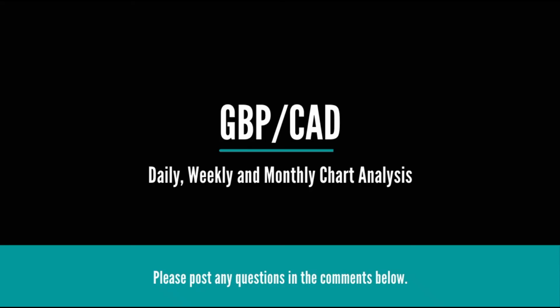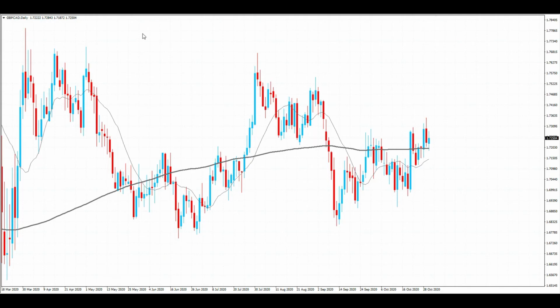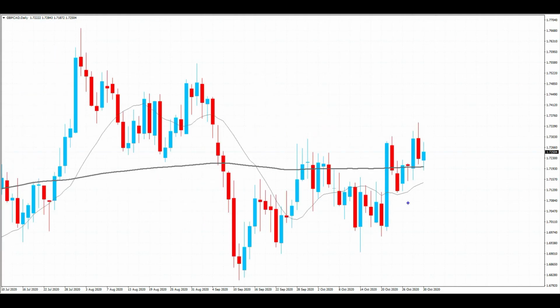And last we have GBP CAD. Okay, so for GBP CAD on the daily chart, not too much happened this week in terms of direction of price. We had a brief move to the upside. Last week price finished there, and as you can see, we had a push to the upside to go and test the resistance again in the market. Maybe a bit of a false breakout, but essentially we're still holding that as resistance